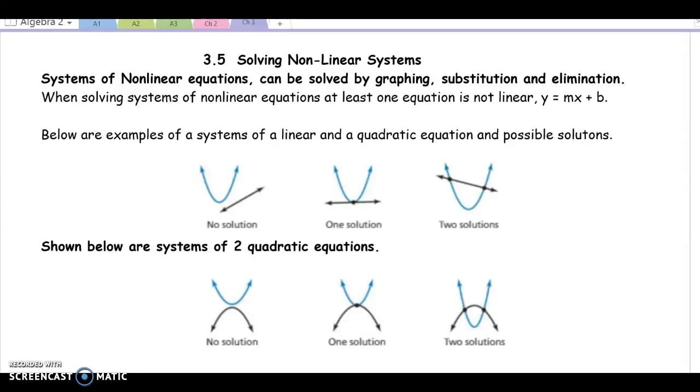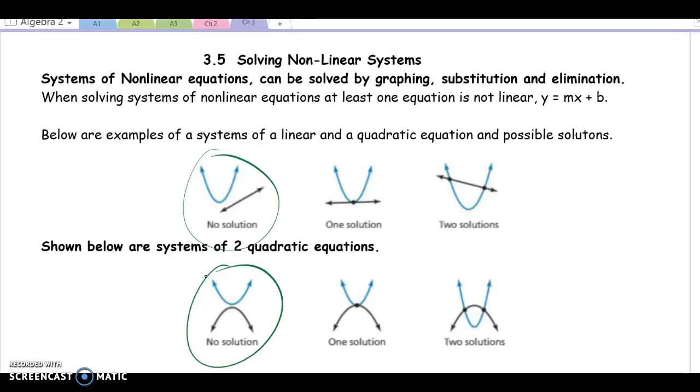Nonlinear systems are when we have two or more equations graphed on the same coordinate plane. The solutions of nonlinear systems are the ordered pairs, the points, where those two things, whether they are parabolas or lines or whatever they are, wherever those things meet. So it is possible to have no solutions, as is the case here and here. Or next to that, one solution if they meet at exactly 1 point, or two solutions if they meet or